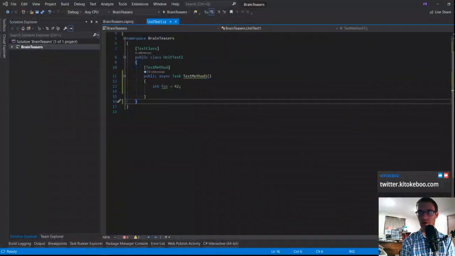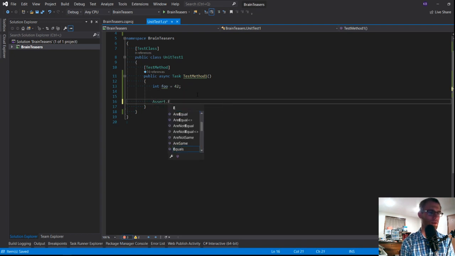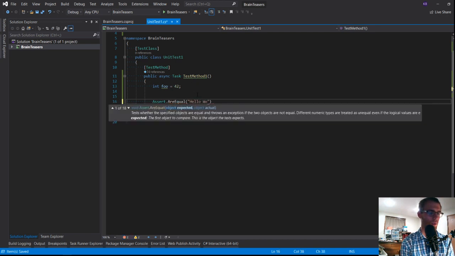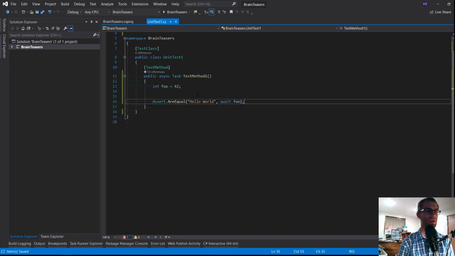But let's switch over here to my other screen. Okay, so we've got a simple unit test project. We've got some async unit test method. It doesn't matter what. We're just doing an async method. And I've got this integer foo, right? And in C#, there are all of these weird, esoteric features that don't always have good practical applications, but are really fun to do brain teasers on. So ultimately what I would like to do is I would like this unit test to pass. So assert r equal hello world, await foo, right? I want this unit test to pass.